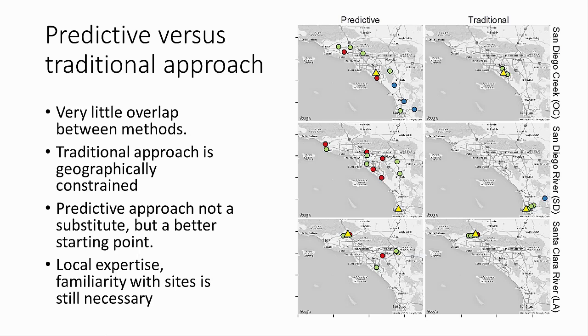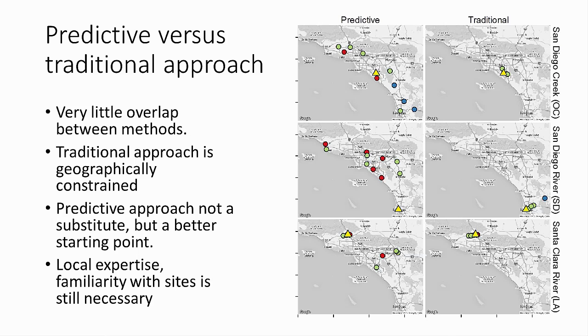We wanted to do a little bit of a head-to-head comparison between this quantitative predictive approach and the traditional BPJ approach. So you see the top 10 comparators selected by the predictive approach on the left, and on the right you have all the BPJ selected comparators. And you find there's actually not a lot of overlap between these two. There were a few sites that were selected by both, but generally you're selecting a very different set of sites.